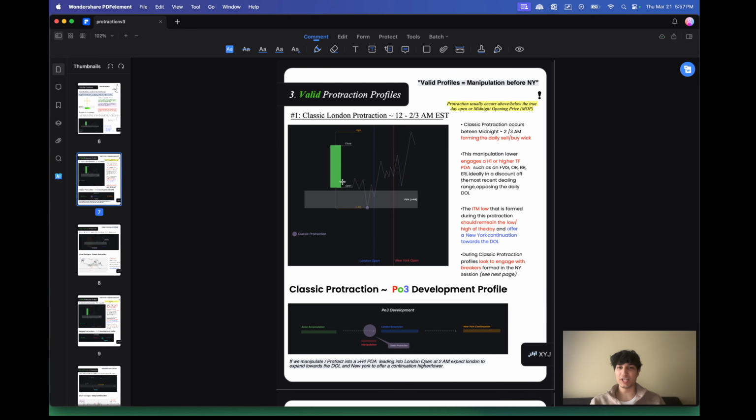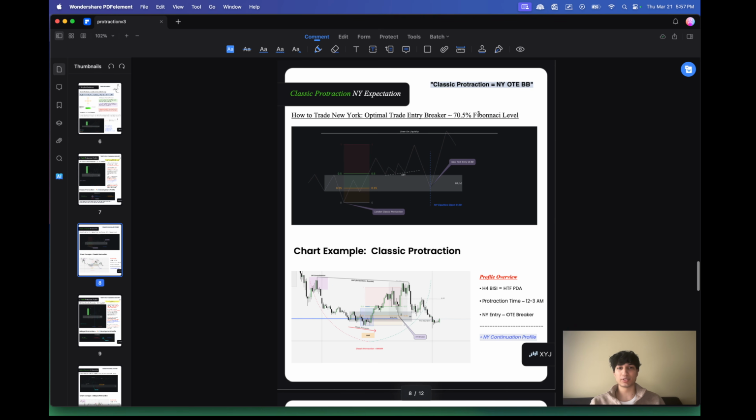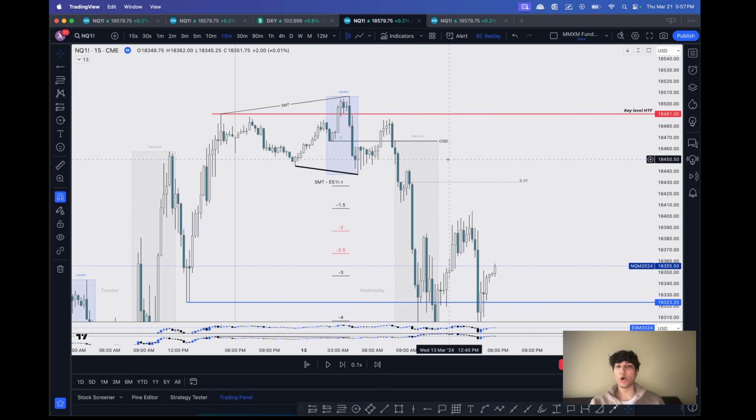So what are the rules of engagement? Well, we go here and we see that this is our power of 3 development profile. We expect New York to continue from the London expansion. How can we key off of a New York level or a London level? Well, let's look for an optimal trade entry breaker to continue the next leg lower. And as you guys know, I will always say that a breaker is not high confluence unless it's accompanied with a fair value gap, because fair value gaps are one of the most important PD arrays that I consider in my analysis. So I will draw out this